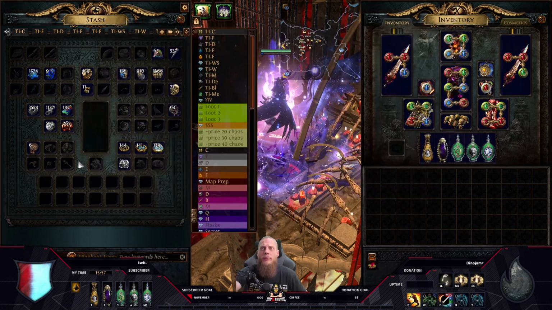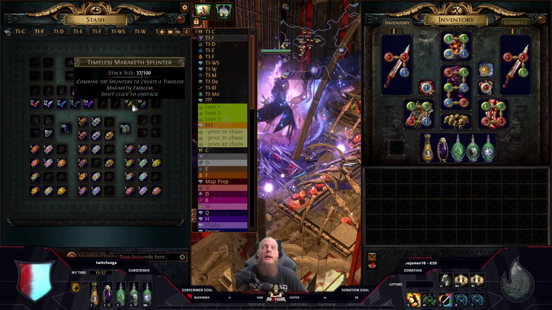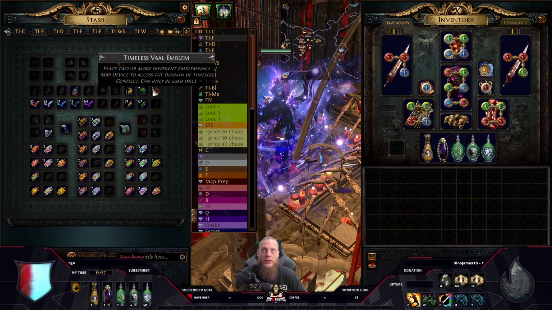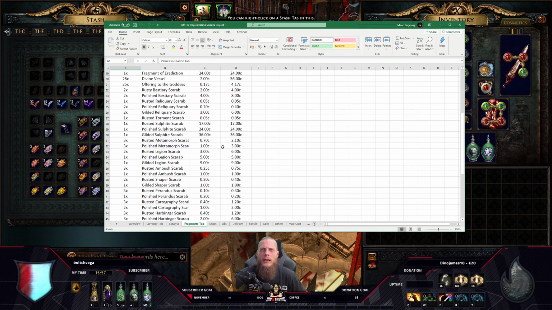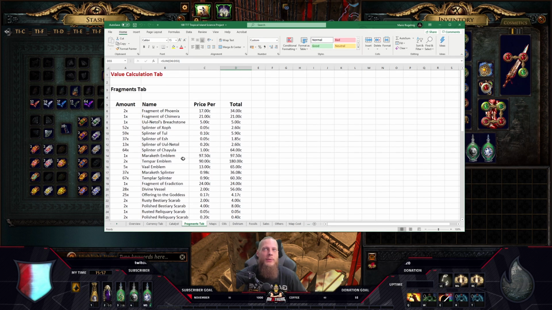Then when it comes to fragments, nothing too special, a bunch of scarabs and whatnot. From the Legion encounters, I have 1 complete Marakath, 2 Templar, and 5 Val emblems. The other ones I did not pick up, they're just not worth picking up hundreds of splinters. And we get up to a total of like 831 chaos, with the best ones obviously being the Marakath emblem